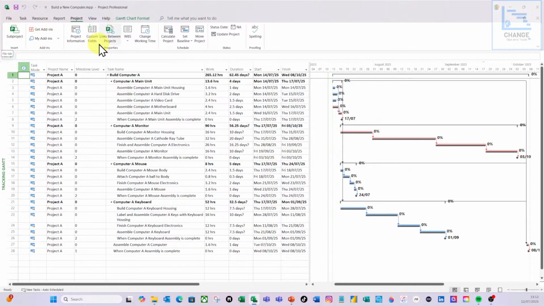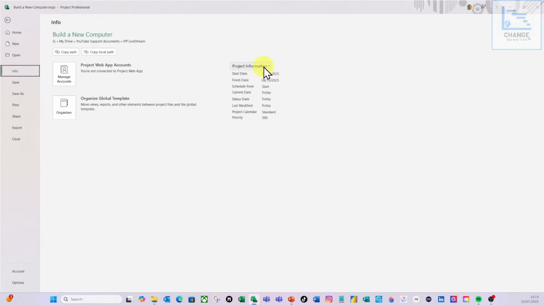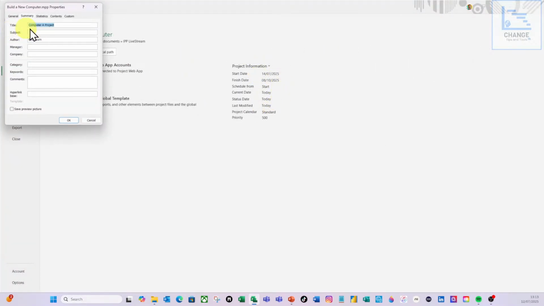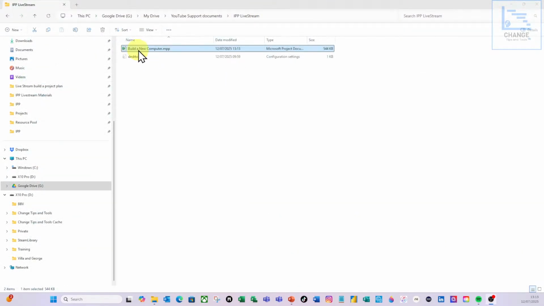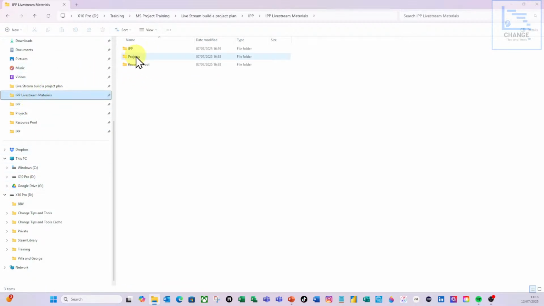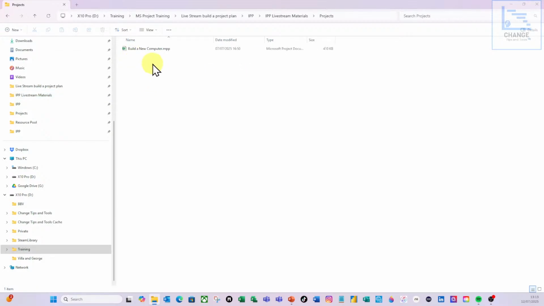So we've done the custom columns, we've done the milestone levels, we've set the baseline, we've set the start date, and then again remember within file and information, within the properties, the advanced properties, we set it to computer array project like so. So now that we've done that and we've saved it, I'm going to close that down. So there's my new computer there. So if I go to my Livestream and do projects, there's my build a new computer. And again, if I open that up,